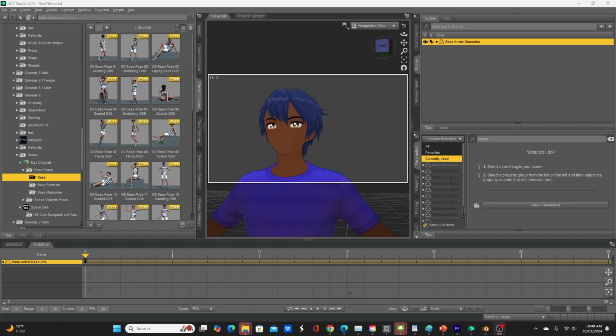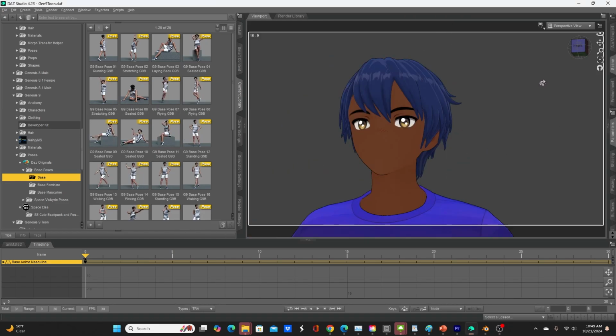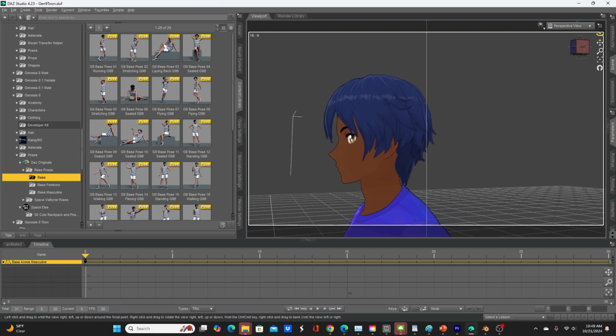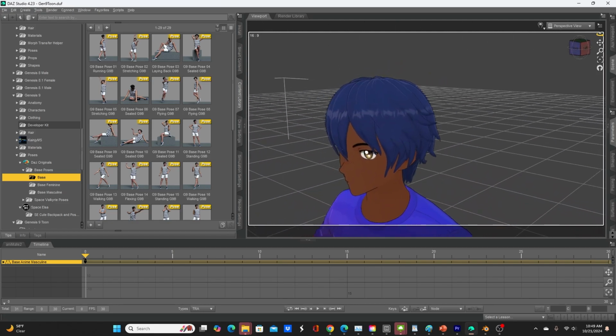and this is going to be based off of the new Genesis 9 base feminine or masculine Toon characters. They're available in Daz Studio 4.23. So here I have, let me open up the screen a little bit, a base masculine Toon character that's using some new Fila Toon